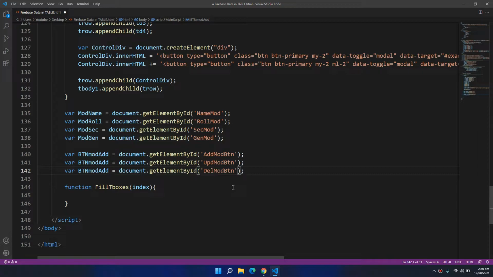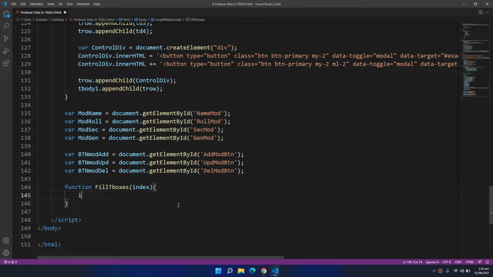And we need to carefully name our IDs and use them carefully so we don't confuse the buttons with the inputs and stuff like that. We also need to remember that if we are copying and pasting stuff, we need to change the names.